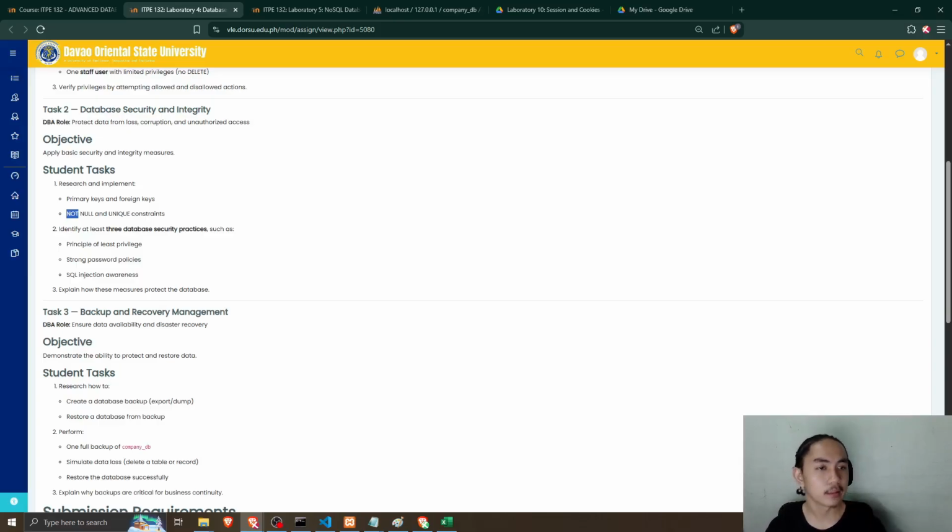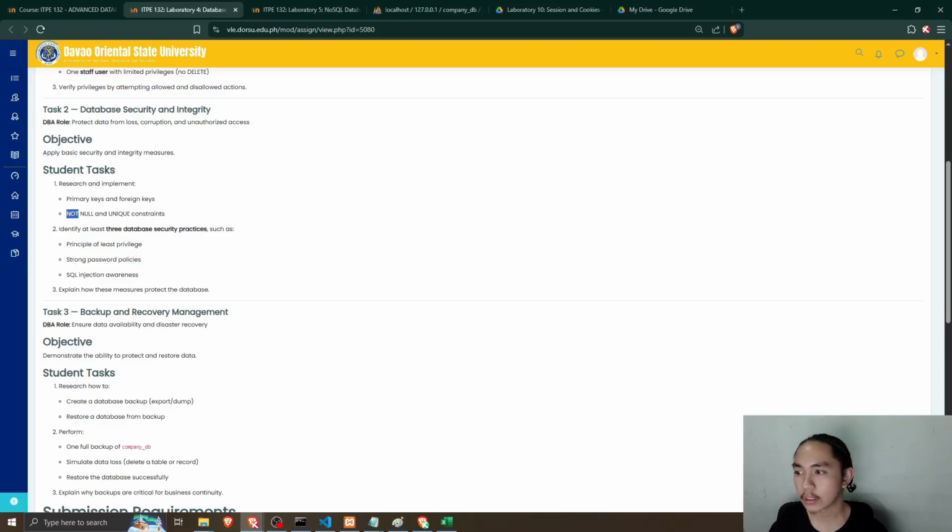So for SQL injection awareness, you should protect the database from attackers using input fields to run harmful commands. You should use the input fields as an example of how attackers would attack: I will attack your system using harmful SQL commands.